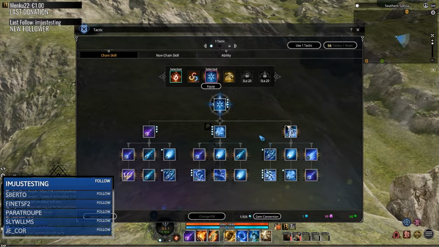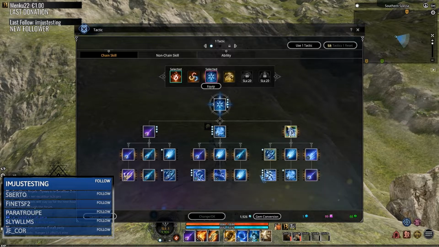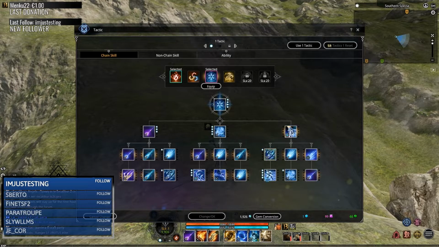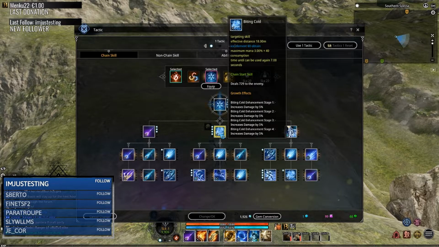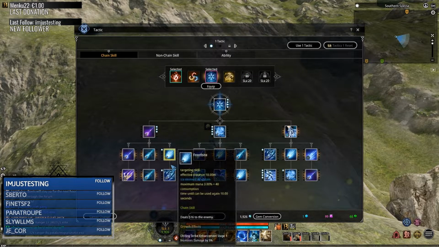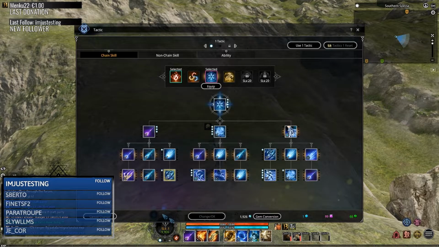Of course, you need to be a little bit lucky and to crit all of the combo, but I mean you don't have only this combo. Like if it doesn't die after this combo, you can easily proceed with a Biting Cold. You can easily proceed with